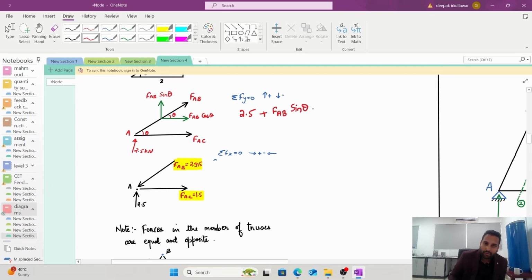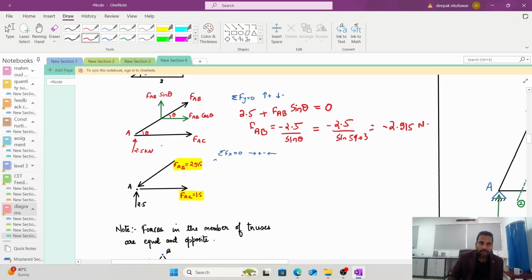Anything else? No, nothing else. So I will make it equal to 0. So FAB is equal to negative 2.5 over sin theta, which means negative 2.5 over sin 59.03, which equals negative